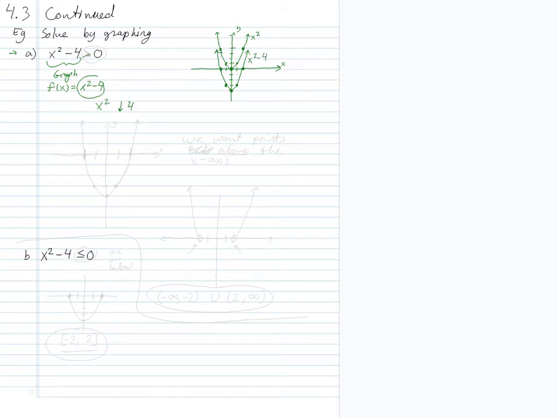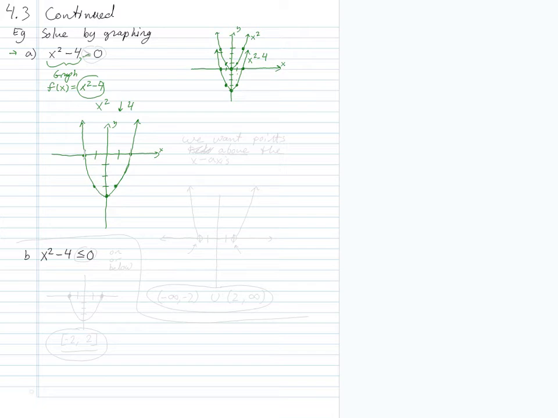Alright, so let me blow that up a little bit. x squared minus 4 contains all of those points, just kind of zooming in on this. Okay. So there we've got x squared minus 4,